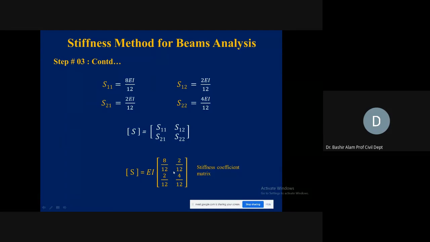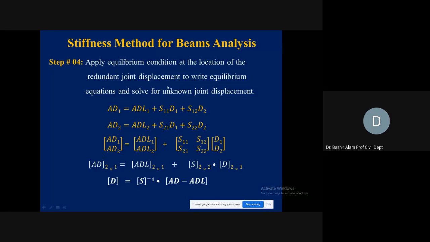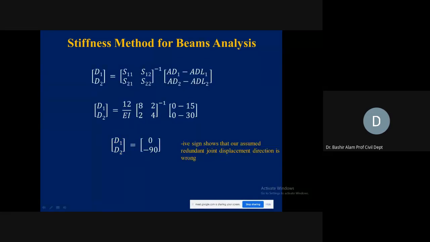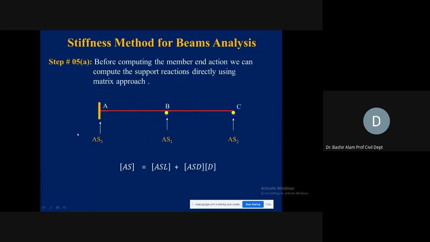इसके बाद हम क्या करते हैं, we write the equilibrium equation now। अब सारे वैल्यूज तो हैं हमारे पास, ये वैल्यूज हम लगा लेते हैं, इसको सॉल्व कर लेते हैं, and in terms of the EI we are going to get this equation now। So D1 D2 is equal to 0 and minus 90 over EI। D1 क्या है, 0 आ रहा है। इसके बाद हम member end actions पे आए, फर्ज कर सपोर्ट रिएक्शन हम मालूम करते हैं। मिडल वाला AS1 मैं कहता हूँ, राइट को हम क्या कहते हैं, AS2, and left at support A we call this AS3। Corresponding वैल्यूज जाके आप previous diagram से करेंगे, ASL ASD, instead of AML AMD I am writing AS because of support now।